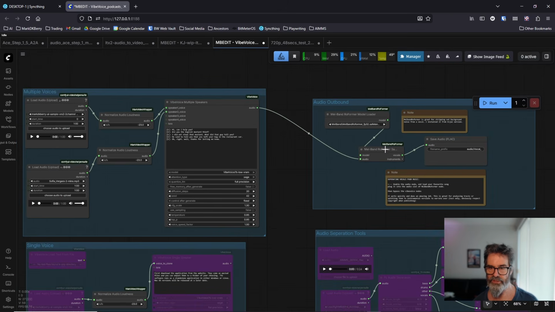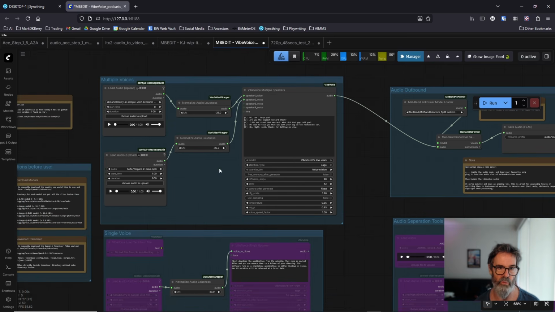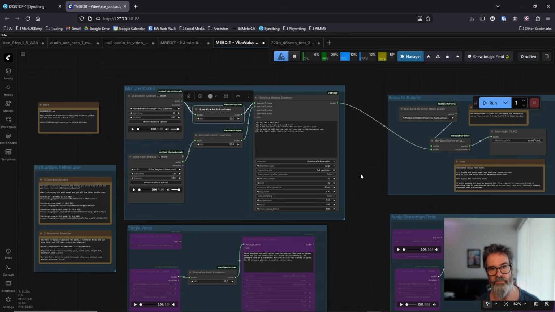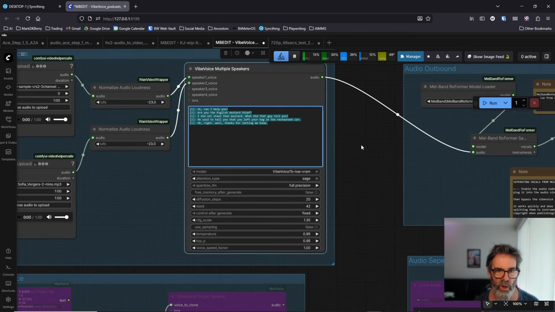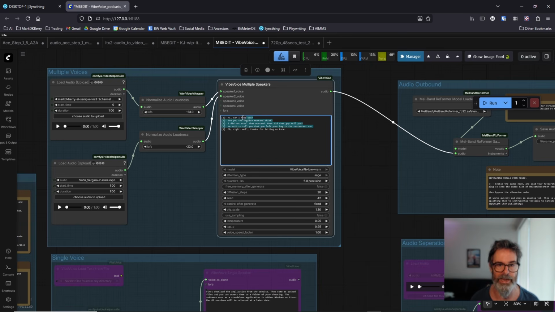In there, audio outbound, that's just got that Melband Roformer, which strips out background noise and normalizes the vocal, and yeah, normalizing it in the way in too, because she was quieter than he was, and it stayed that way anyway, actually. But yeah, about 4 lines per 10-second lip sync worked. I needed to actually leave bigger gaps in some areas, so that's another consideration, but that's just getting familiar with working with it. But I'll definitely be using this method again, because doing it in VibeVoice, then taking it to the extension video to run it,